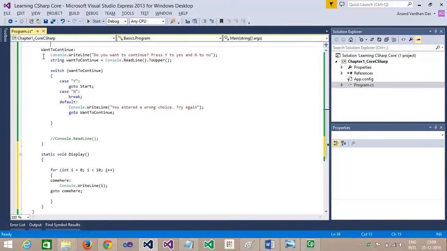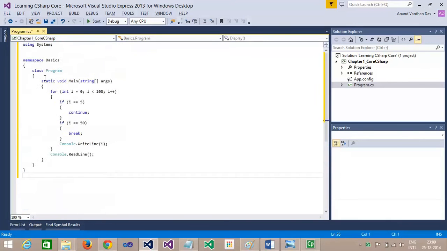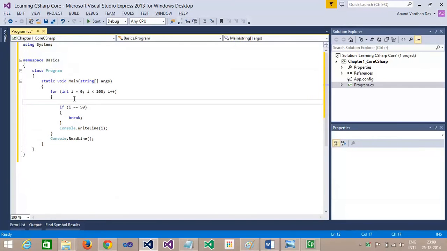Now we'll see. I have already written some code, and I'm going to paste it. In this, I am running a loop from 0 to 100, in fact 99, and inside it I have given a condition: if i equals 50, then break.